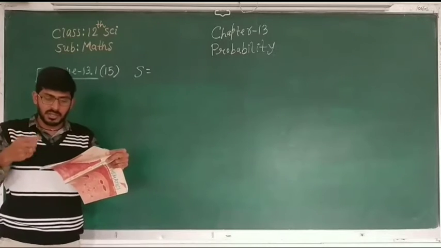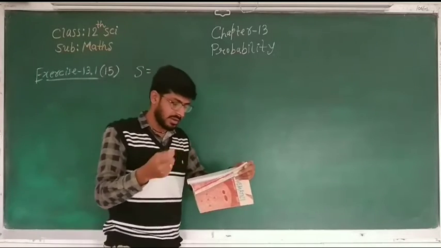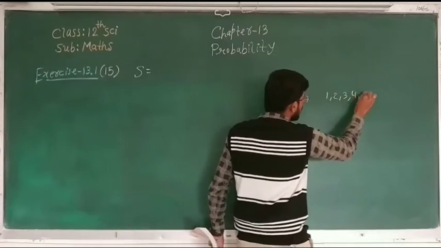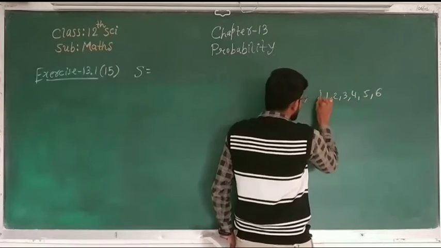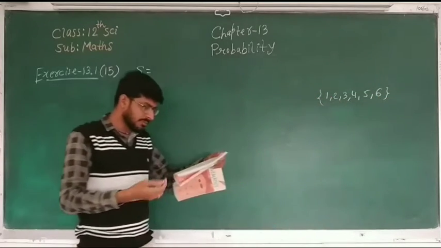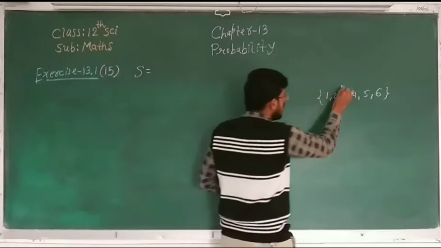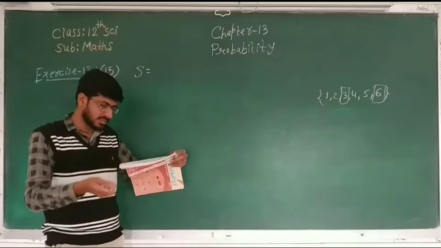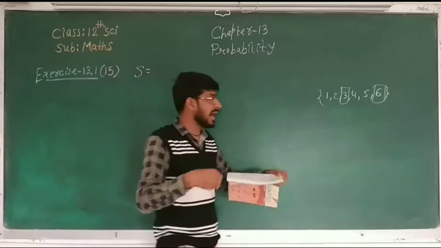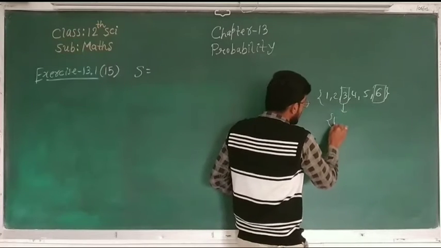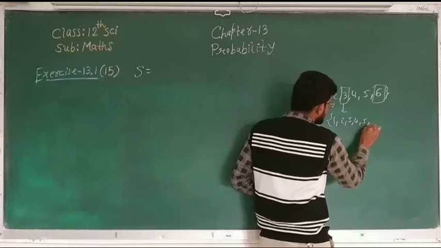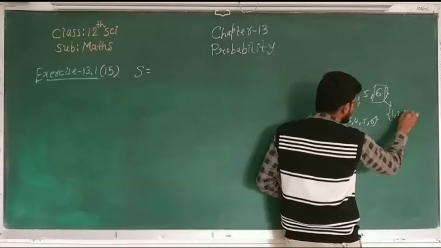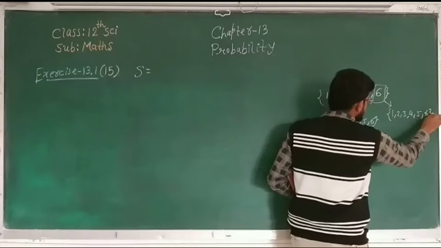If a multiple of 3 comes up, throw the die again. In a die 6 numbers are present: 1, 2, 3, 4, 5 and 6. If a multiple of 3 comes up, it means 3 and 3 2s are 6. Whenever the first is 3 or 6, then throw the die again. It means 3 1, 3 2, 3 3, 3 4, 3 5, 3 6, as well as whenever 6 comes up, then again throw the die: 6 1, 6 2, 6 3, 6 4, 6 5, 6 6.